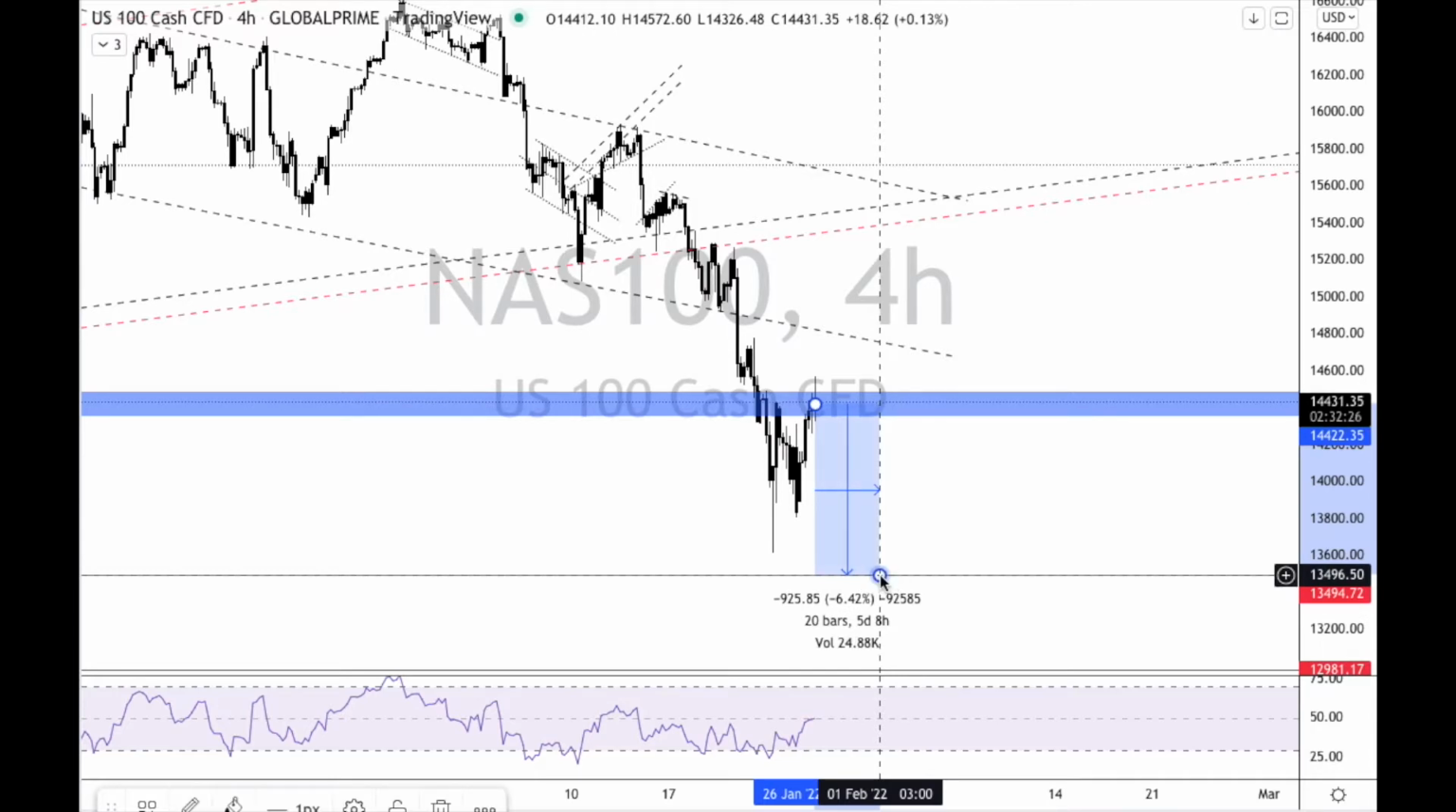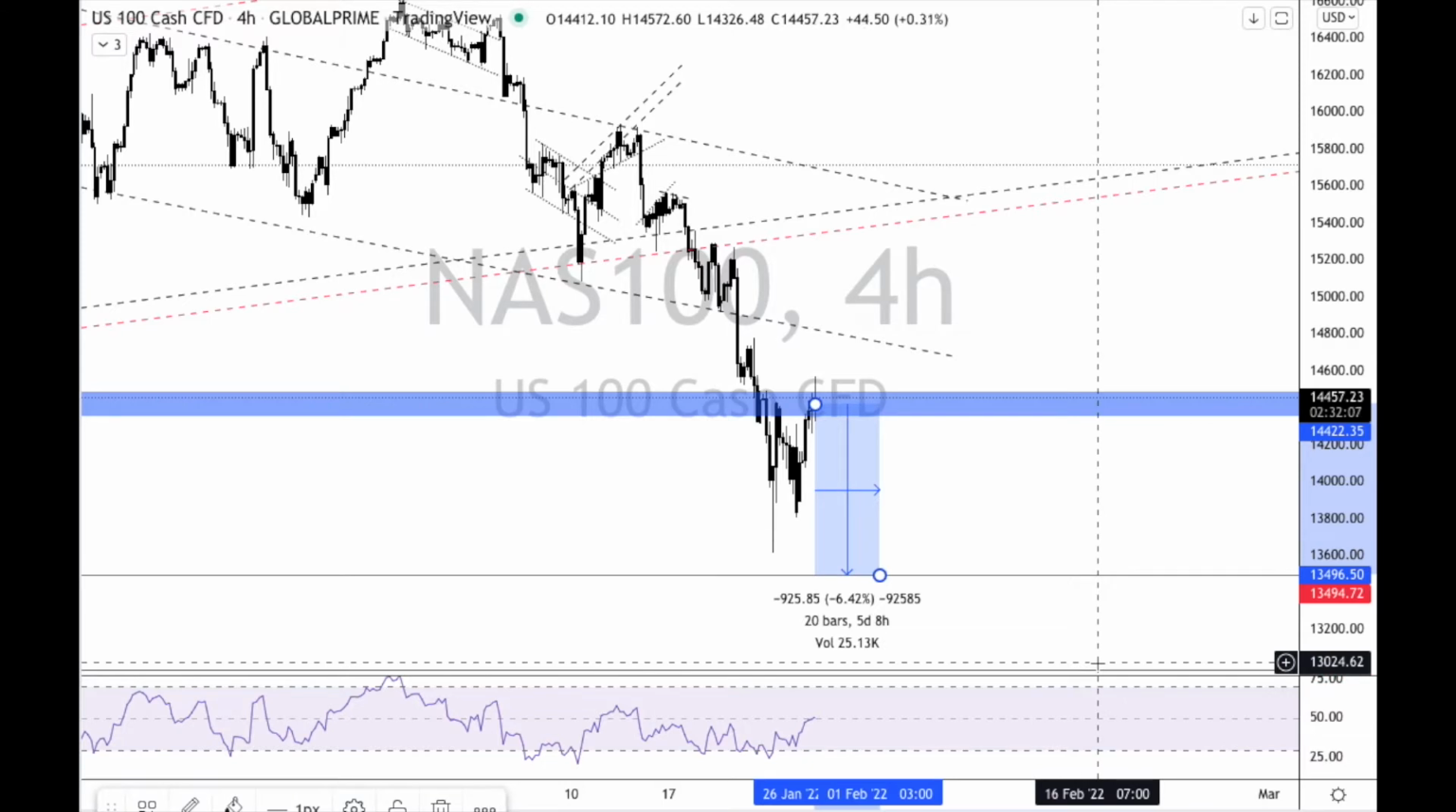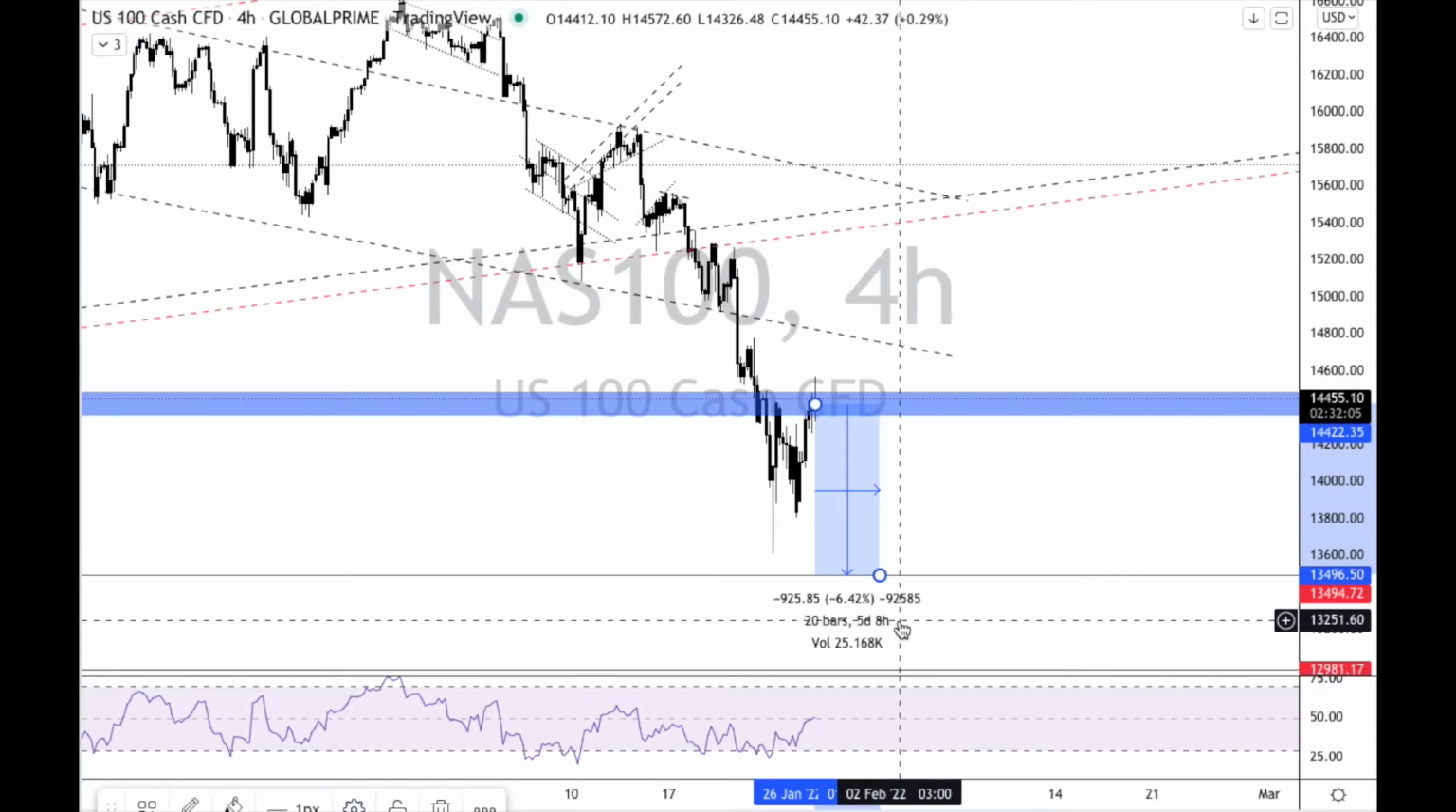If you wanted to sell, and you wanted a nice place to get off, I would say price point 13.49 would be a good place to jump off, and you'd be looking at a downtrend of say 6.42%. All right, and that is roughly how many pips that is. 92,000 pips. That is a good